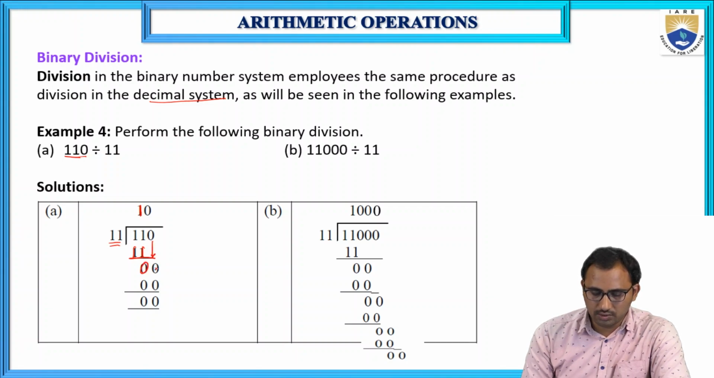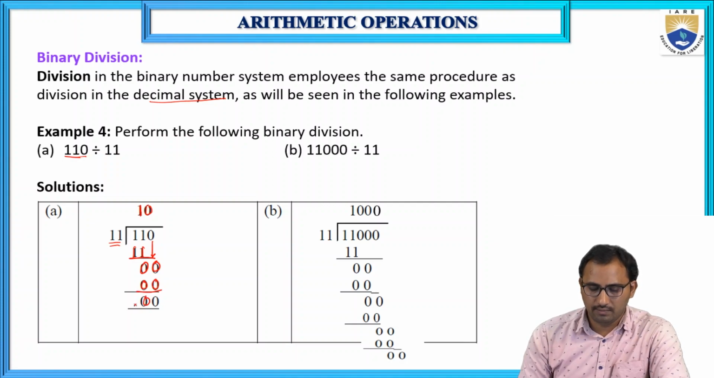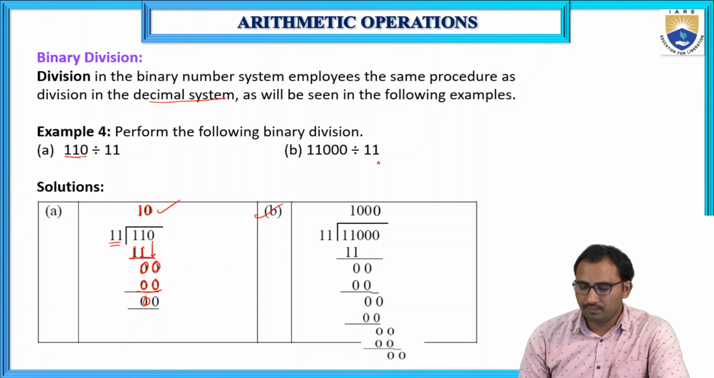So we are taking this 0. Next, if the 11 is multiplied with 0, you will get another 0. So finally you will get the 0 as the remainder. Okay. Now coming to the B, here we are dividing